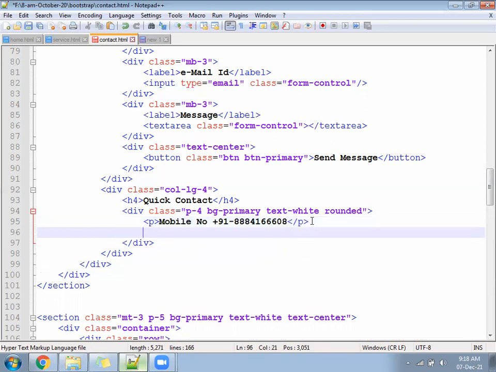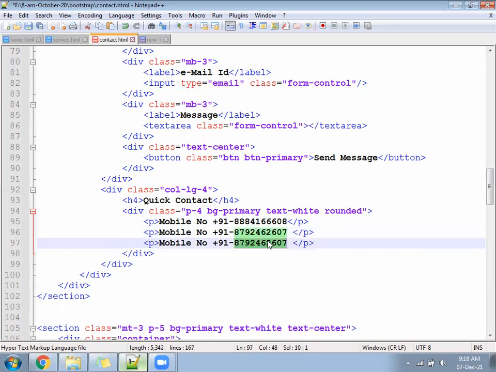Second paragraph, one more mobile number, 879246207. One more paragraph, 9740557058.